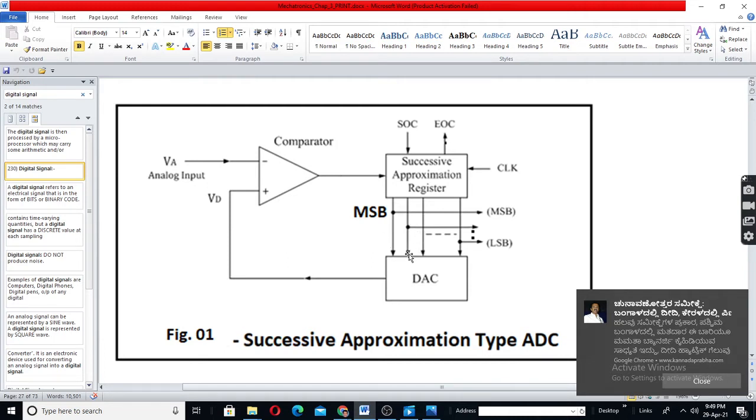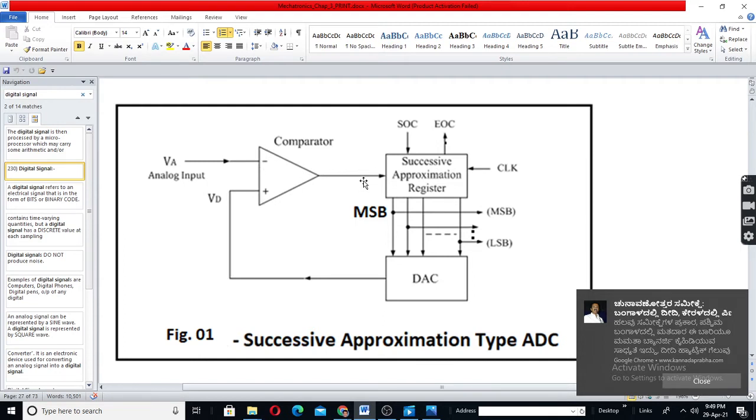1 1 0 means 6 volt. Digital 110 means 6 volt, so you'll get 6 volt analog output. Now this is 6, and this is 5, fixed 5. So the comparator output will now become high.